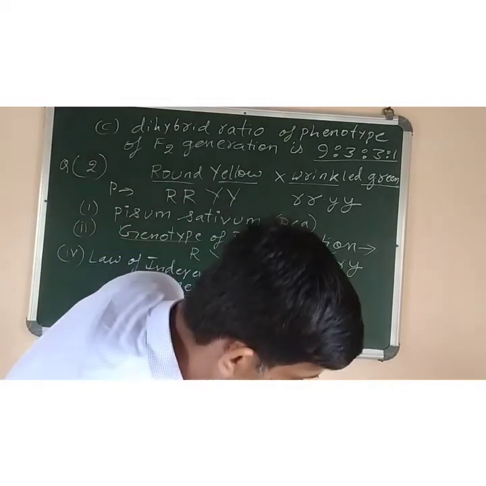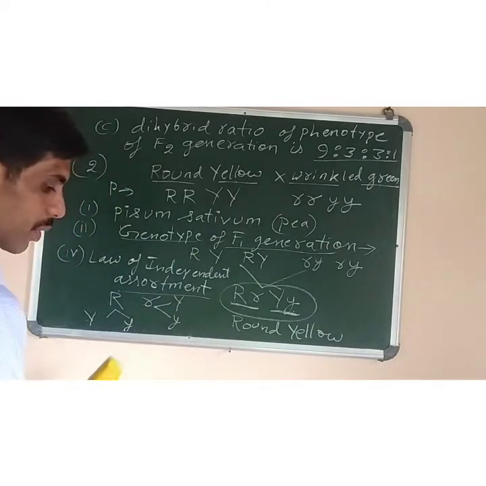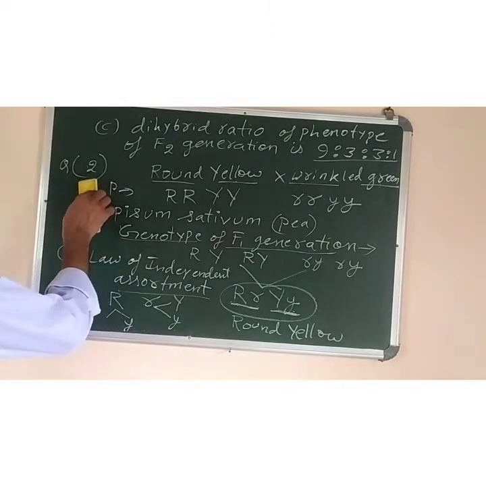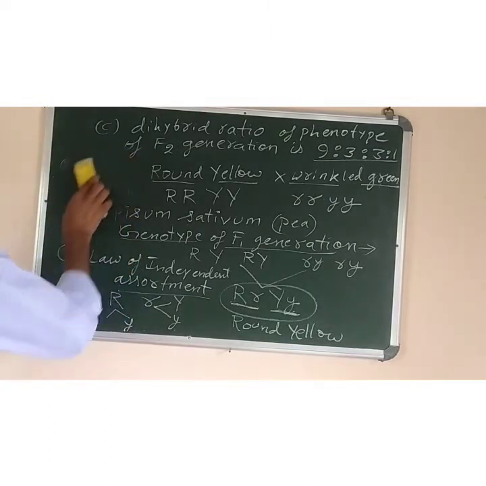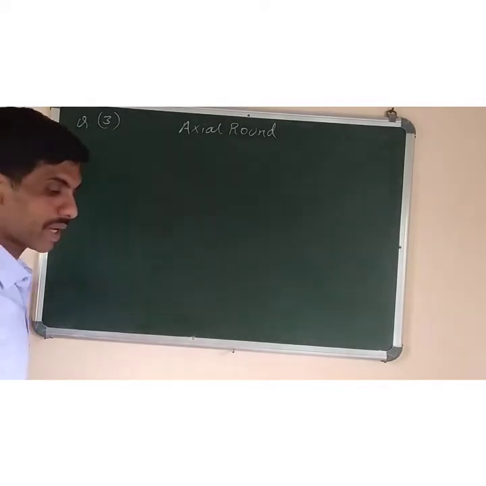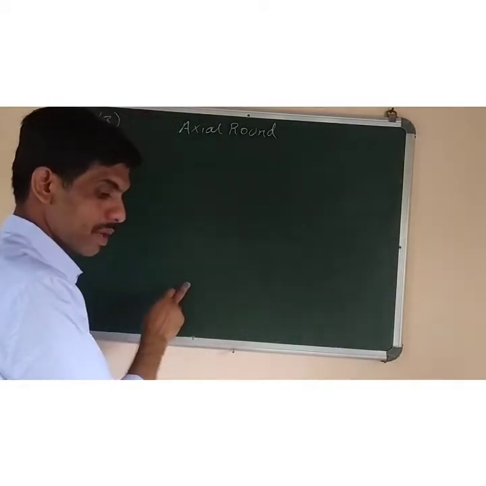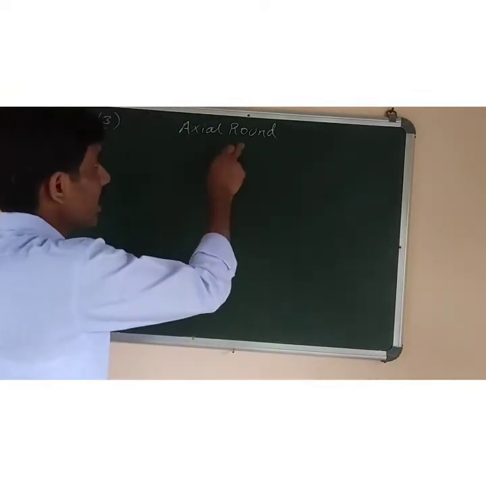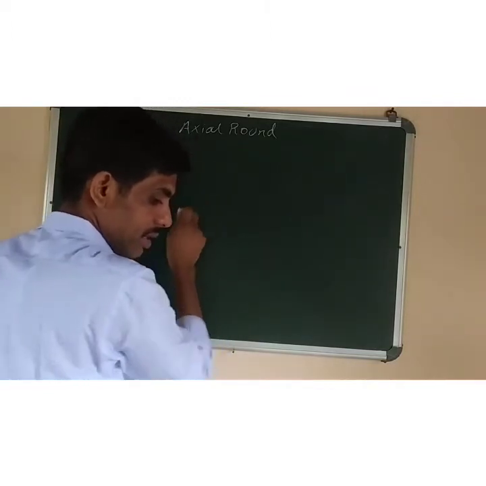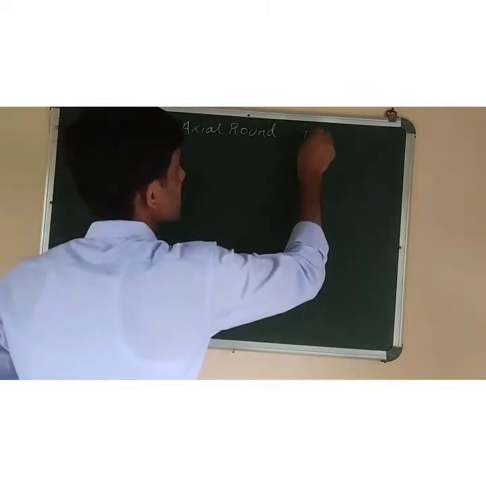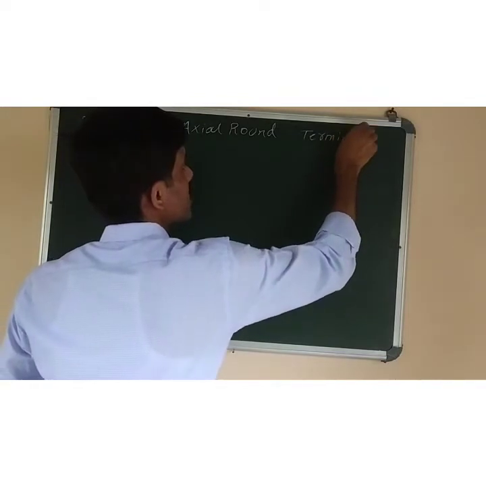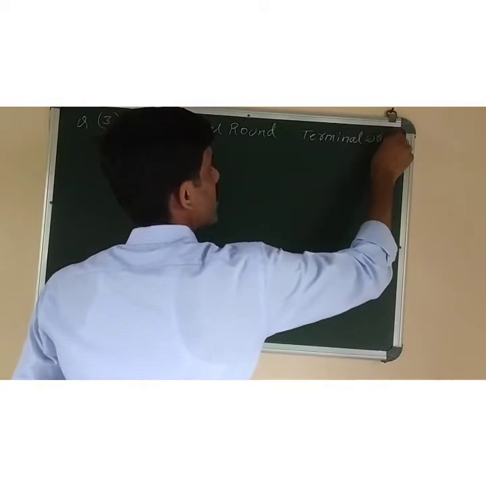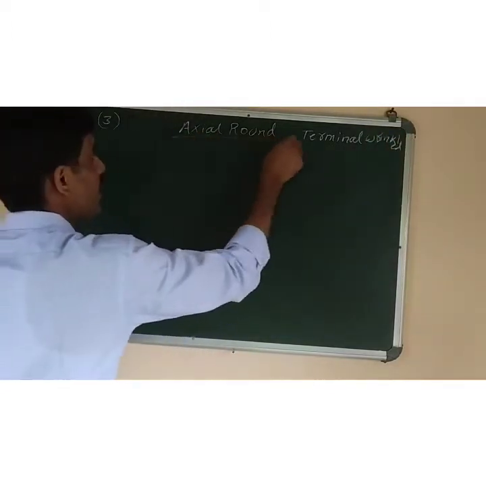Okay. Now the next question we have to do is the third question given in the book. This question was asked in 2012. This year is mentioned, question number 2, 2012. Okay, next question, you can see number 3 in your book. Given below is a diagram showing Mendel's experiment on sweet pea plants having axial flowers and round seeds and terminal flowers. The second parent is terminal flowers with wrinkled seed. The diagram is already given in the book, in the question itself.